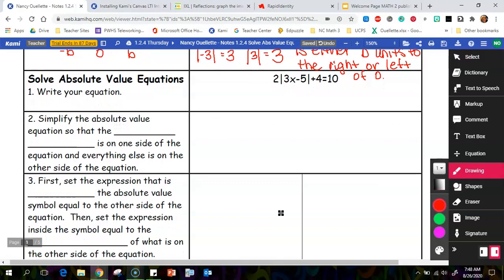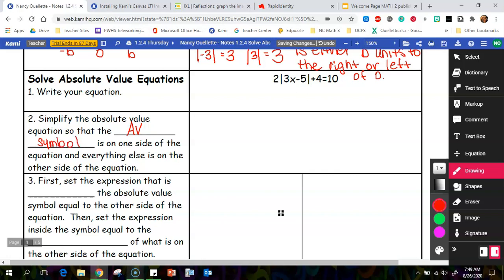Okay, so if you have an absolute value equation that looks like this, so you have an equation, but you have absolute value symbols within that equation. Okay, so what you need to do is write your equation. That's your first step. Simplify the absolute value so that the absolute value, and AV, when we write AV, that stands for absolute value. So that the AV symbol, in other words,